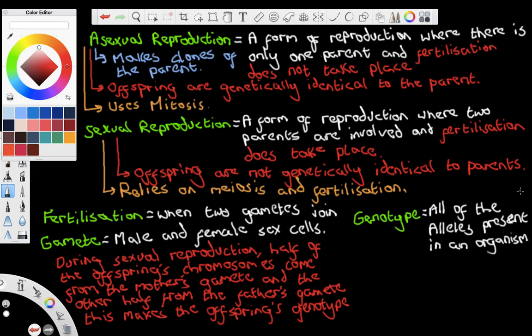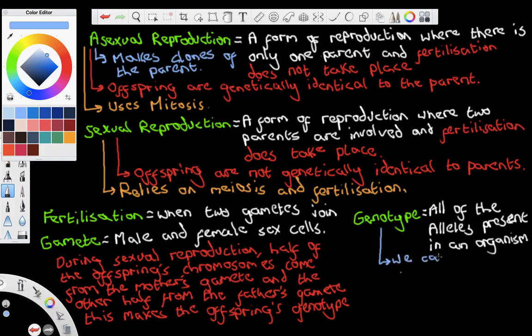Genotypes cannot necessarily be seen from the outside. We all have our own individual genotype, okay? But by looking at you, I can't tell what your genotype is. And by looking at me, you wouldn't be able to tell what my genotype is. Our genotypes would be different, okay? And you wouldn't be able to tell whose genotype is like what. So I want you to understand from the get-go that we can't tell,